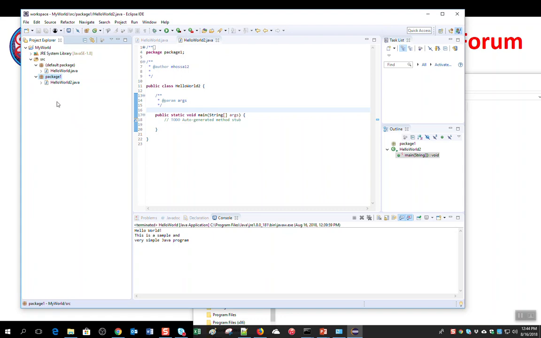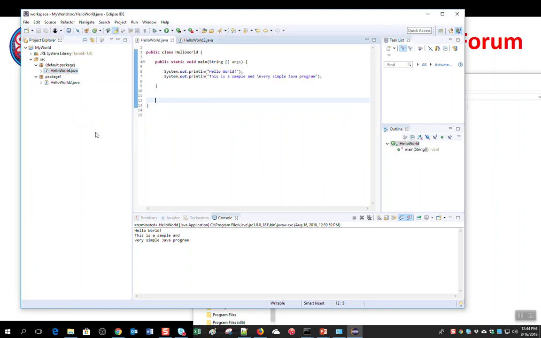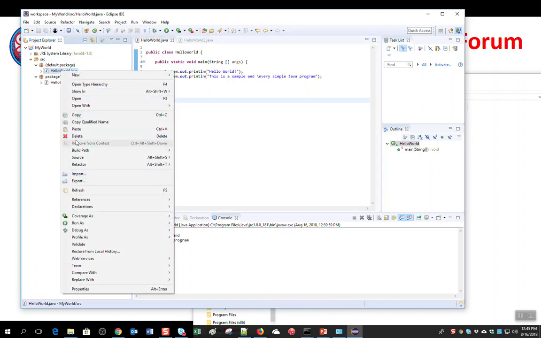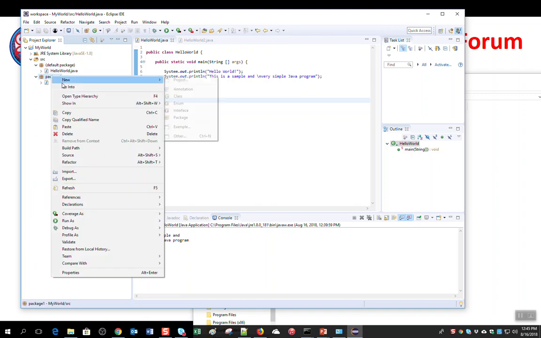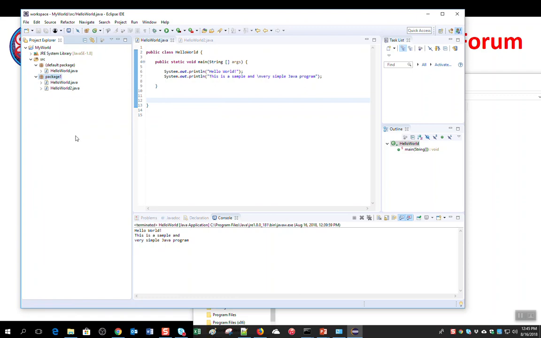For instance, I have the HelloWorld class over here, and if I want to copy this HelloWorld, I just select it and press Ctrl C, then select this package and paste it. Then I have HelloWorld within this package 1